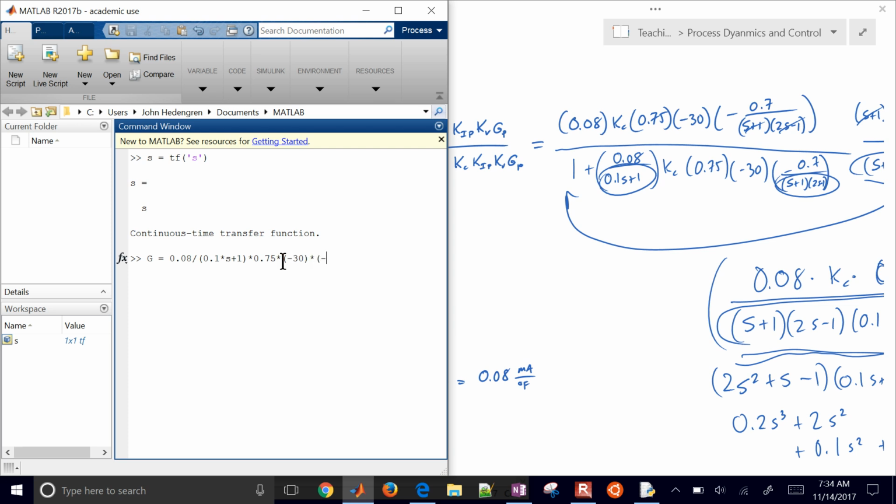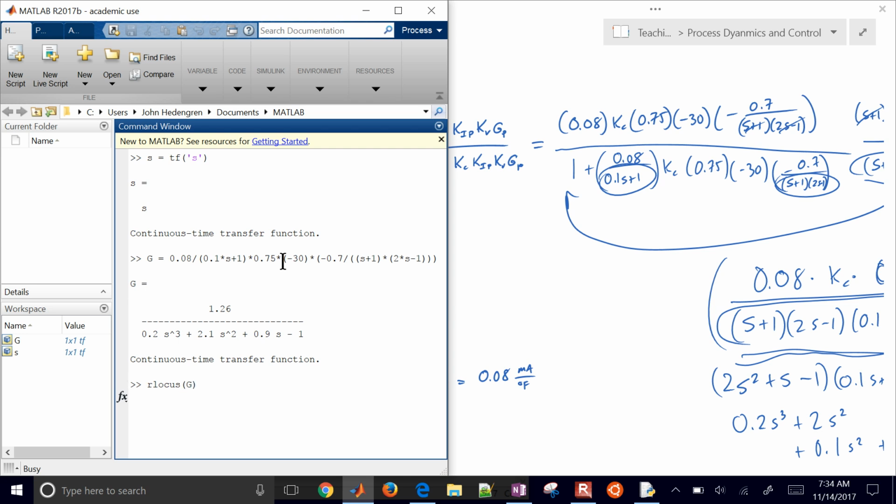Okay, and then have negative 0.7 divided by s plus 1 times s, 2 times s minus 1. Okay, so there's my open loop transfer function, and if I just do rlocus with the transfer function G,